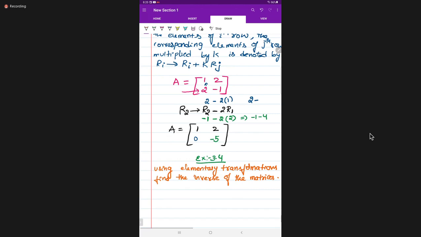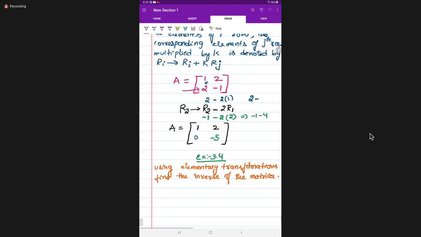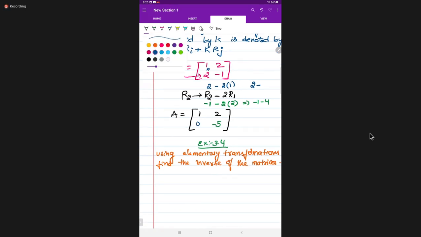Students, first of all, tell me the first point. A into I is equal to A. We can write A into identity matrix is equal to capital A. Any doubt here? I is what? Identity matrix. So just consider it as one. A into 1 is nothing but A only.